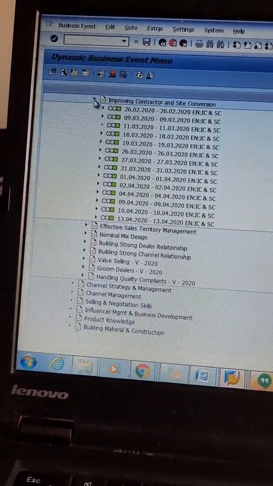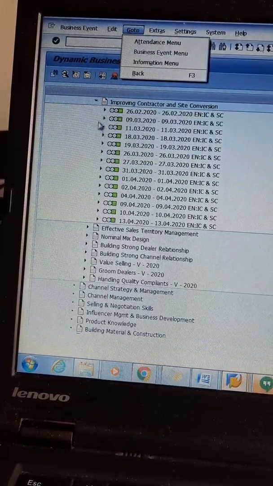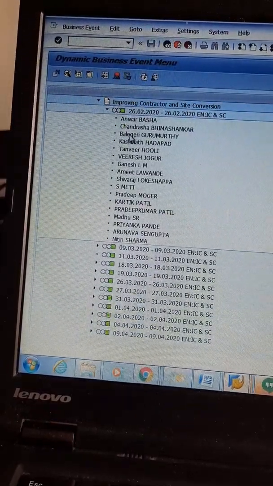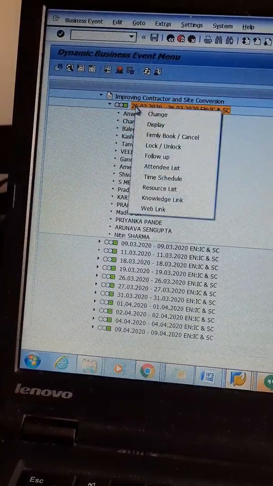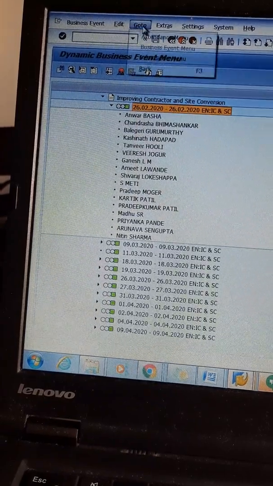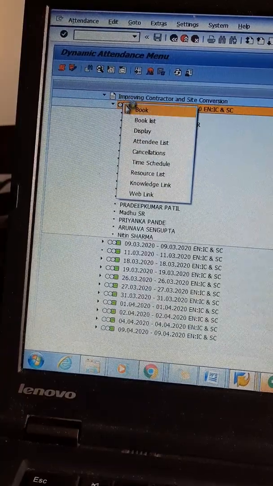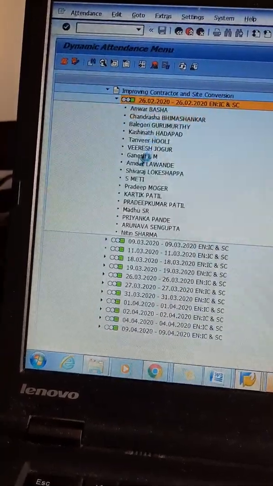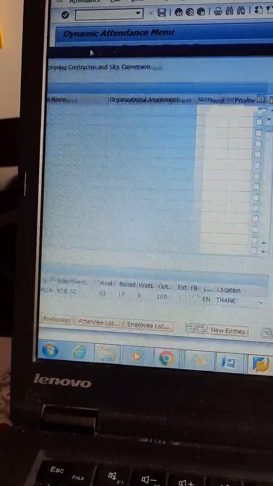Always to enter the attendance, you have to enable the attendance menu for that event date, which is nothing but the training date. Now I've enabled the attendance menu. I'll right click and click on book list, where I can add the records. I'm just giving an example to you.